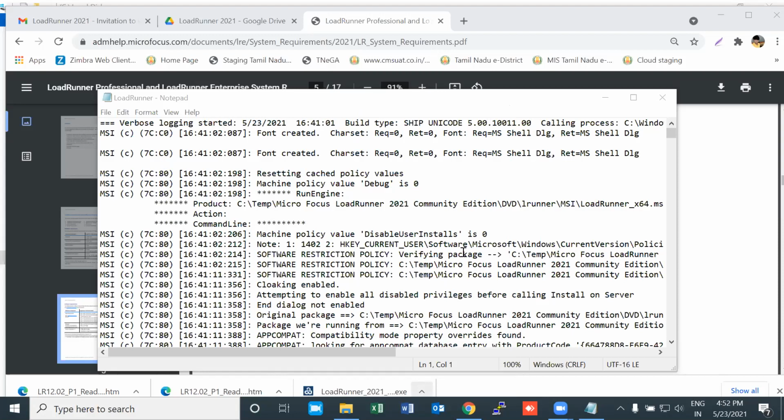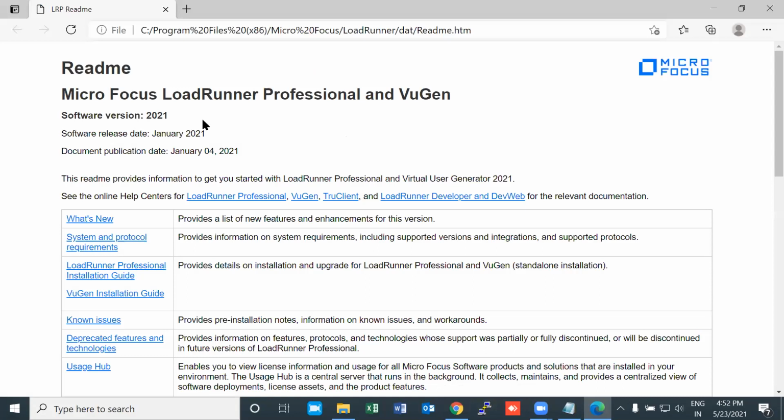Let me explain what that readme file is. The readme file consists of all the information about this particular version, whatever version you installed right now. This is the 2021 version, and it was released in January 2021. So what is new in this version?